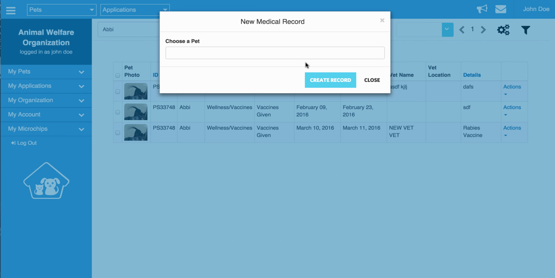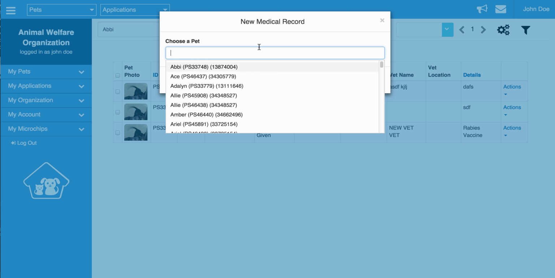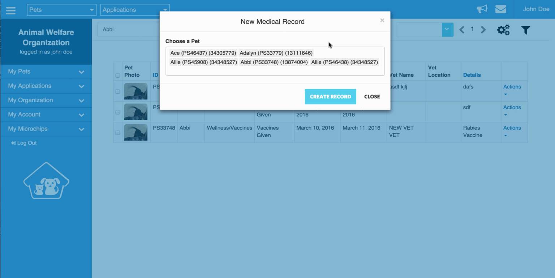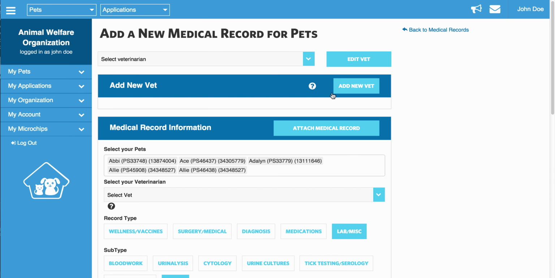Now, the best thing about adding a medical record in this section is that you can add a record for multiple pets at the same time. For example, let's say you took many pets to get a rabies vaccine in the same day. Instead of having to enter in one medical record at a time, you can actually select all of the pets that received the medical record on this day and click Create Record. Once you do this, you will be brought to the same page you saw earlier to add the medical record